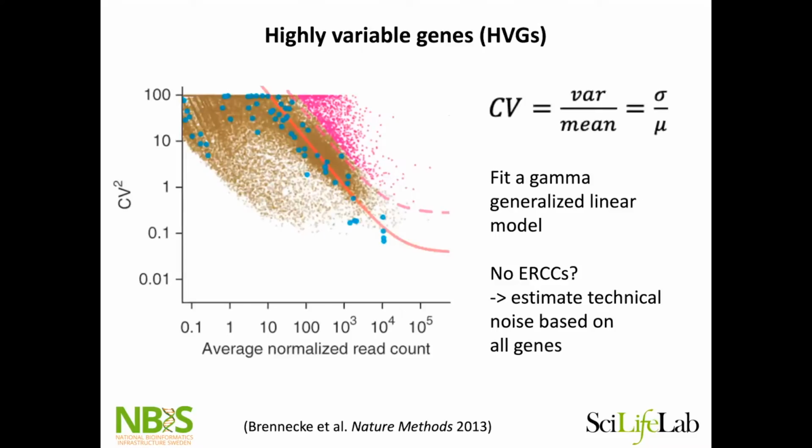So I think this was pretty much the first paper published on this idea of detecting highly variable genes, where they use spike-ins. So it's plotting the mean expression versus coefficient of variation squared. And then they fit a line to all these blue dots that are the spike-ins. And then estimate based on